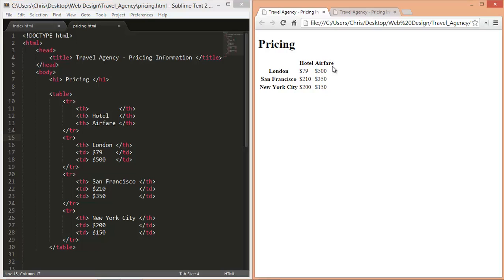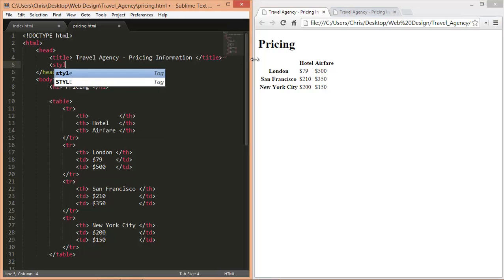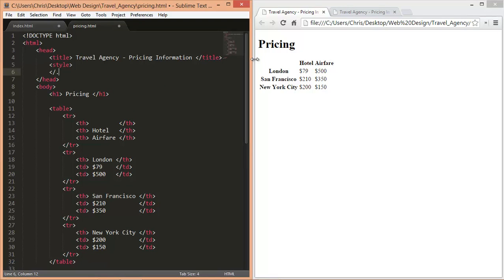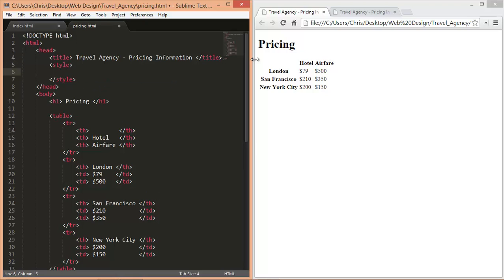So one thing about the table is that it's not very nice looking. It does look like a table, but there are a lot of things that we could be adding to it. The most obvious would be something like a border. So let's go ahead in the head tag, make a new style tag, and we're going to put in some CSS. So the first bit of CSS we're going to put in,